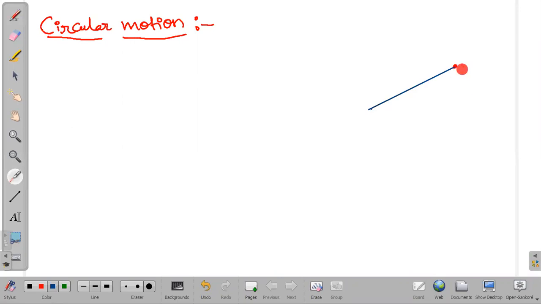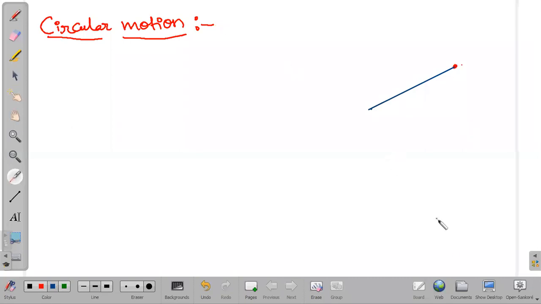Okay, now if it is moving in this particular path, the path of the object, what he is doing is making it circulate. If the path followed by the stone is a circular path, then the motion of this particular stone we call a circular motion, right?